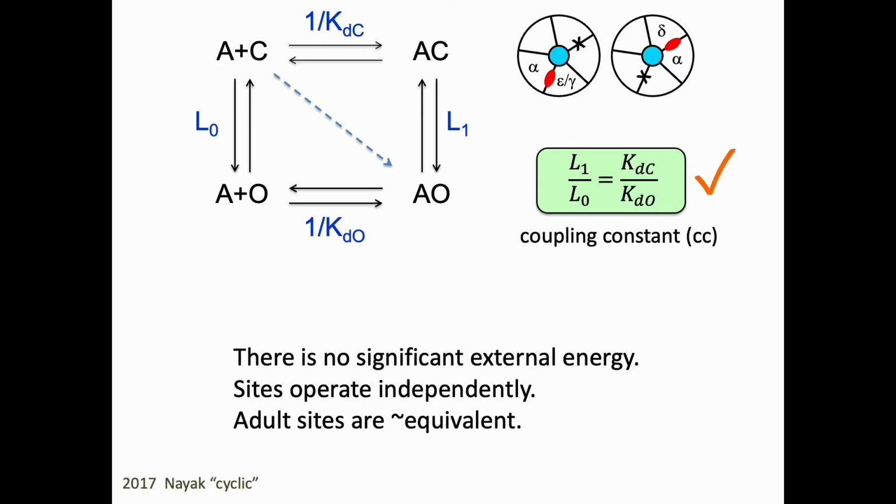It's a thermalized reaction. We also learned that the sites operate independently insofar as the sum of the energies from the two sites is equal to the energy that you get from a two-site receptor. And we also learned that the adult sites are approximately equivalent in terms of their binding and gating properties. The fetal site with the gamma subunit is different, but we're not going to use that in the following experiments. So we can stick with this green equation here. By the way, these citations at the bottom, if you add my name, Auerbach, and the word buffalo to your search engine, you'll get a unique hit for that paper.